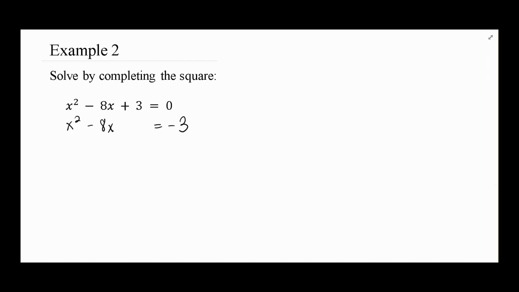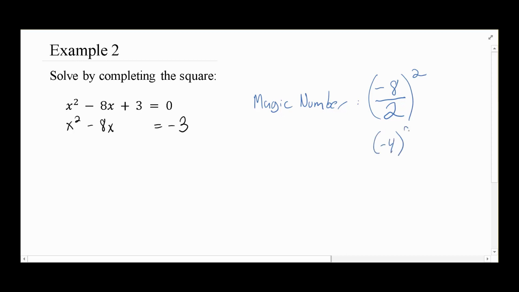So that magic number that we want, remember, is to take the middle coefficient, which is -8, divide by 2, and then square it. Now we're always going to get a positive number when we square it. So even though this is -4 squared, which becomes 16,